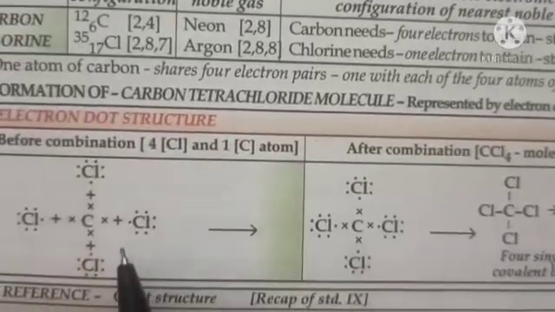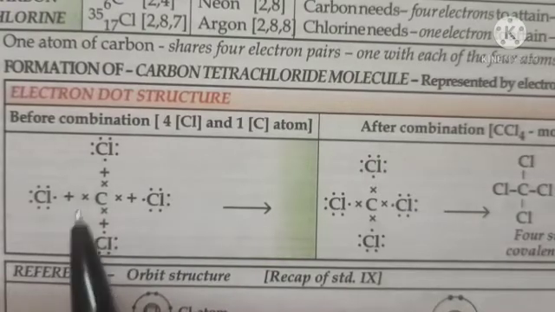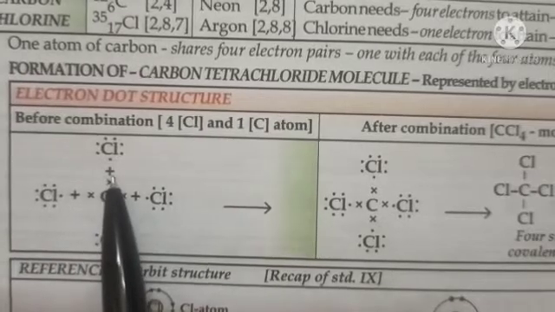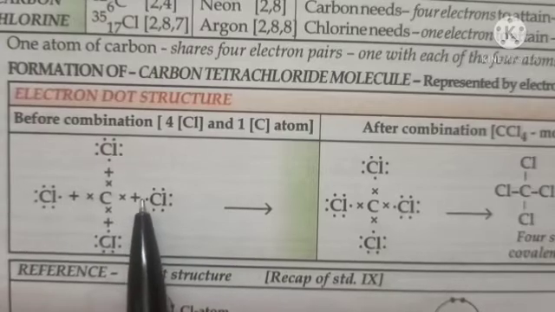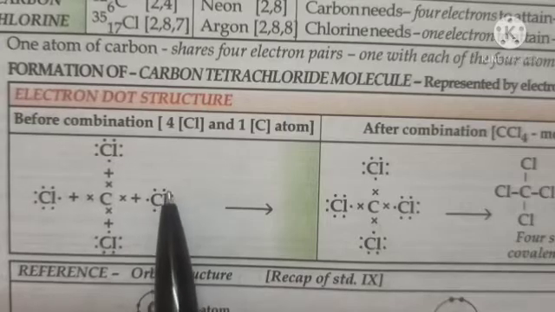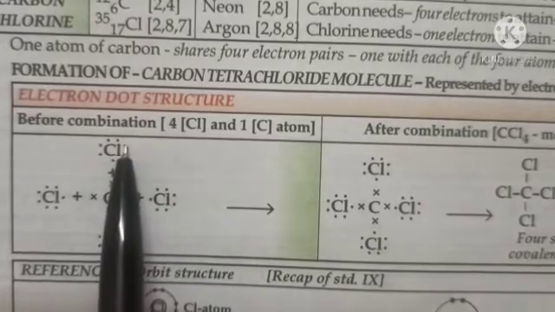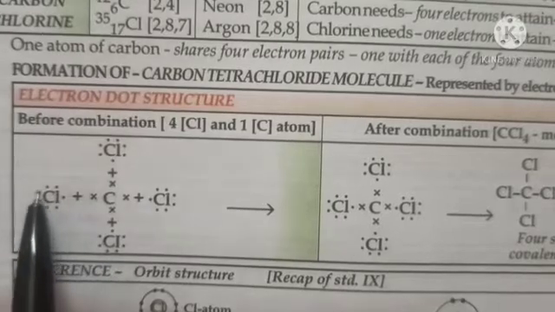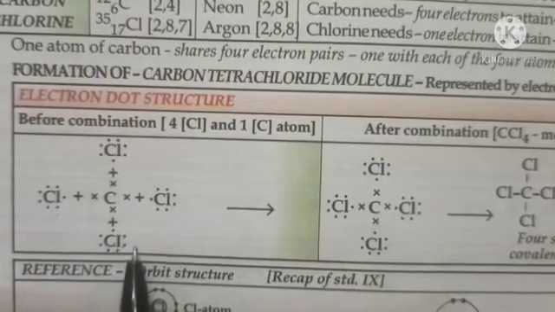Now just look here at how the electron dot structure of carbon tetrachloride is formed. This carbon has how many valence electrons? 4. So you will show these 4 valency electrons with a cross. Then it will combine with 4 atoms of chlorine, electrons of chlorine with dots. So chlorine has 1 2 3 4 5 6 7 valency electrons, right? Then this chlorine also has 7 valence electrons, and this third chlorine atom also has 7 valency electrons, and this fourth chlorine atom also has 7 valency electrons.